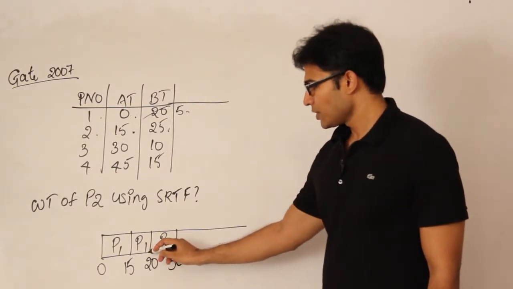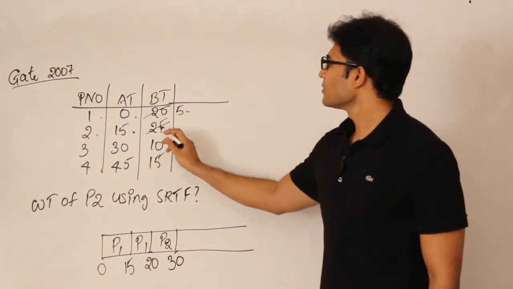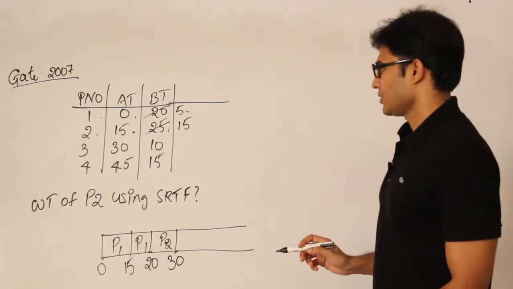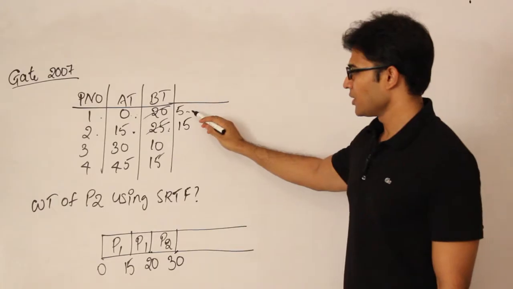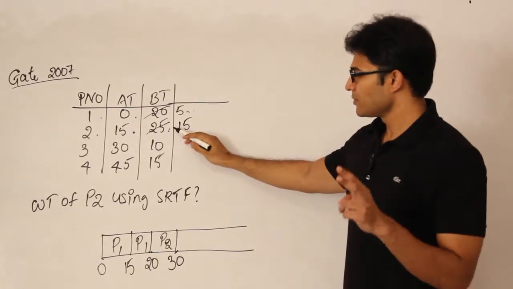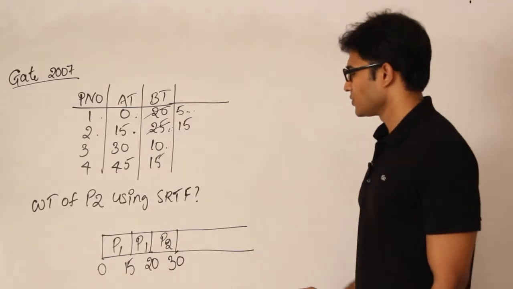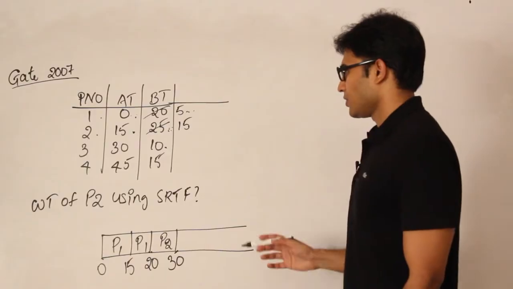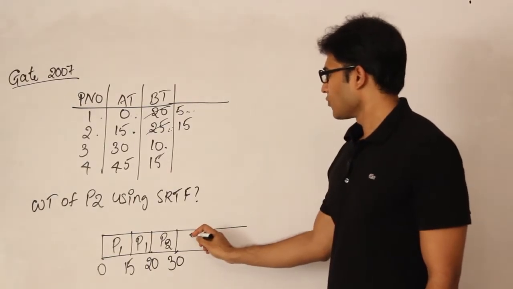Therefore how much time did you run P2? For 10 units, 20 to 30, right? So you decrement it by 10, which is nothing but 15 here, right? And now you check. Now P1, P2, P3 are all available, but P1 is already finished, therefore I have a choice between these two, P2 and P3. So P2 has 15 units of time remaining, and P3 has 10 units of time, therefore you better run P3, right? Now if I run P3, then what happens is